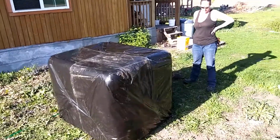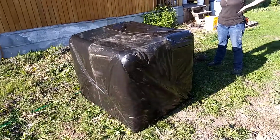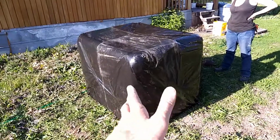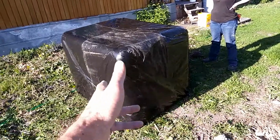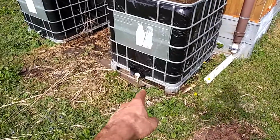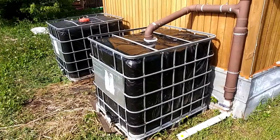The way we fold it is when we tip it back over, all the creases are going to be draining down instead of into the plastic, because we don't want the water to get into the plastic between the plastic tote. We also did that water connection right there for our hose, but I just wanted to show you guys